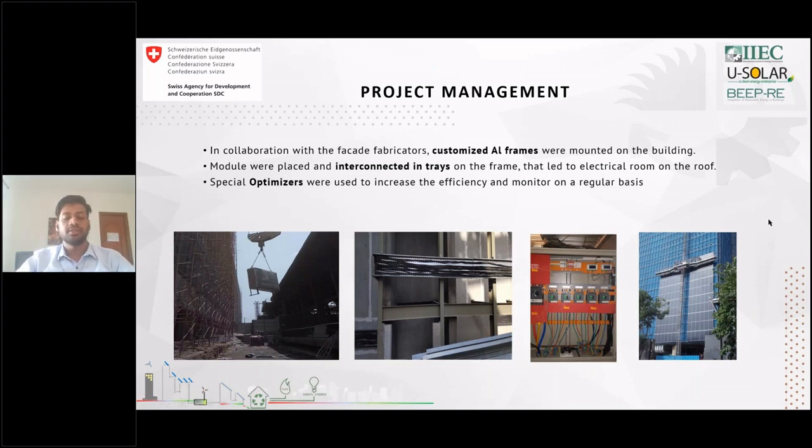Just to give a brief of how the project was integrated: it was done in collaboration with the facade fabricators. We had customized the aluminum frames which were mounted on the building, which acted as a support structure for our solar panels. The modules were mounted and interconnected in trays on the frame and led to the electric room on the roof. So the entire cable tray infrastructure was developed, where we were able to run our DC cables from individual